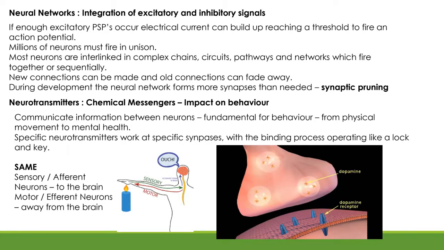So with our neurons, we've got sensory neurons, which go to the brain. When we put our hand on the stove, that's our sensory neurons. The way to remember it is that sensory or afferent neurons go to the brain. Our motor or efferent neurons go away from the brain to our motor coordination to take our hand away. So we sense it, our sensory neurons take information to the brain, the information is processed in the brain, and our motor neurons respond and move that hand away from the hot stove or the hot candle. So it's sensory neurons and motor neurons.